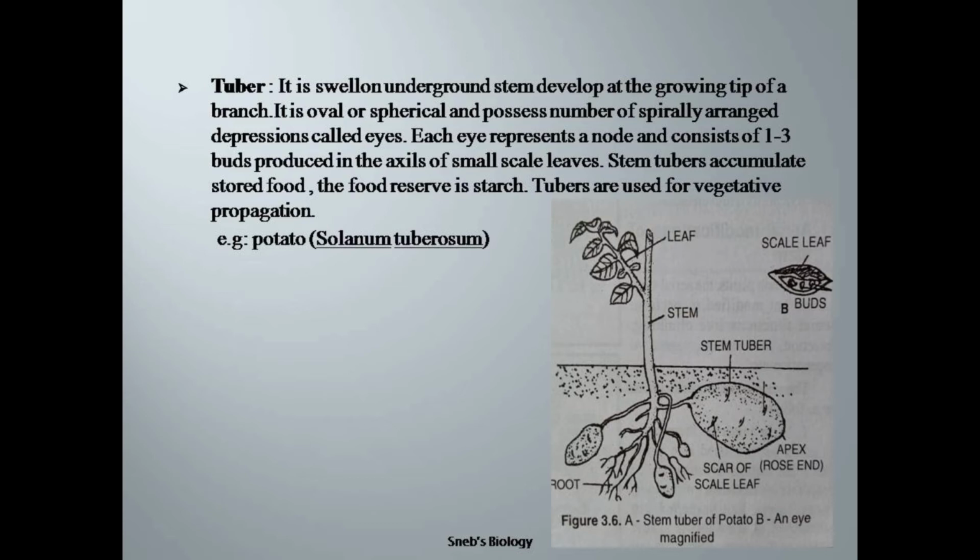When we see the entire plant, there are some branches which are underground and at the tip we find some swollen structures. These swollen parts are the potatoes and the branches we see are underground stem. So the swollen potatoes are known as tubers. Potatoes are tubers, underground modified stems, modified for storage of food, and the food stored in potatoes is starch.